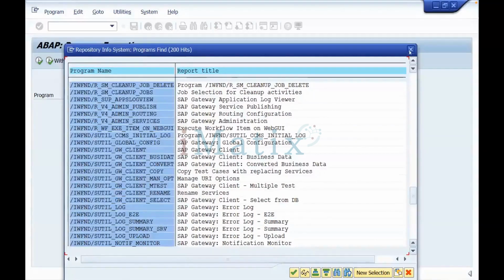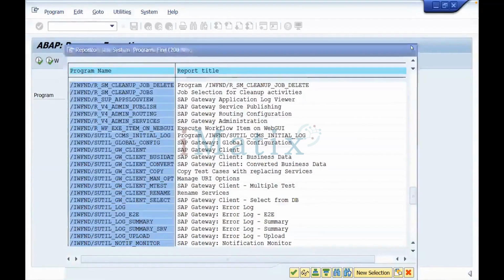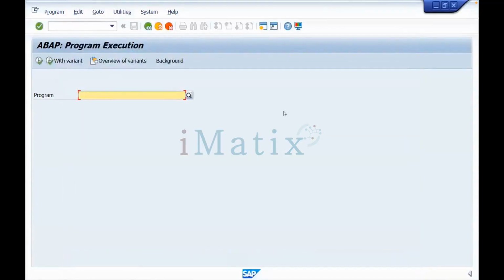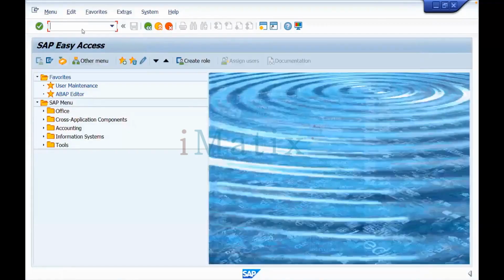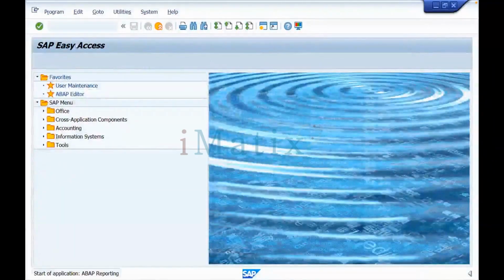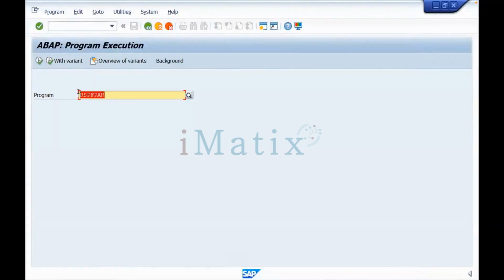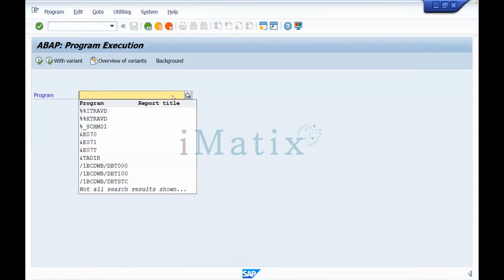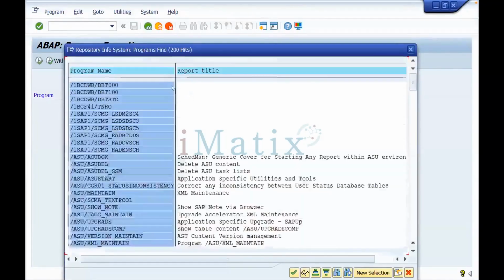This is the screen you are showing. I wanted to export those records. In the program, we type the star and it will show all the names. I type star, then execute. Because here you have to specify the report name. But if you want to see all the reports from here,